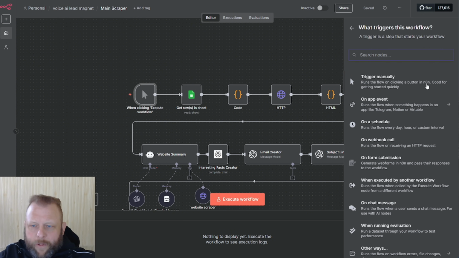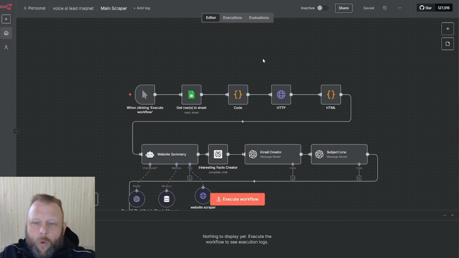So here's all your different triggers on the right-hand side. You can schedule this out to run once a day and do all of them, or run every 15 minutes if you're going to do it throughout the day. So it's just a matter of you deciding what to do. But for this, and when you at least go and set this up, keep the manual trigger in here, because we'll go through and